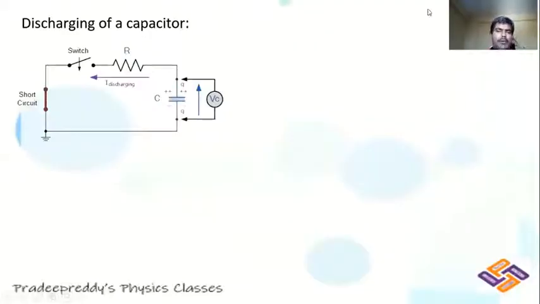Students, so far we have learnt about charging of a capacitor. Now let us see discharging of a capacitor. Once the capacitor is fully charged, it acts as an open switch. Therefore, even if you are connecting a battery, it is useless. Therefore, I'll remove the battery now and join that with a tap key or a switch. I am replacing the battery and short circuiting it. Short circuiting means you are connecting it with a wire. There is no battery here.